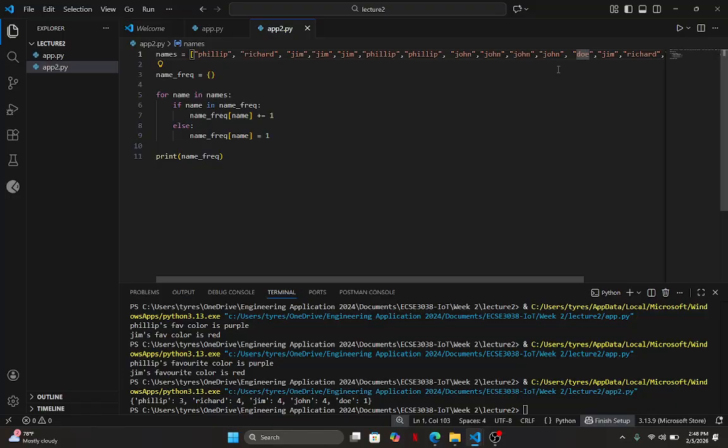And then it will go again, you find Richard, so the value for the key Richard should be set to 1. And if you find a next Richard, it is already in there, so just add 1 to the value. Every time you find it, just add 1. But if you don't find it, set it to 1. Yeah?